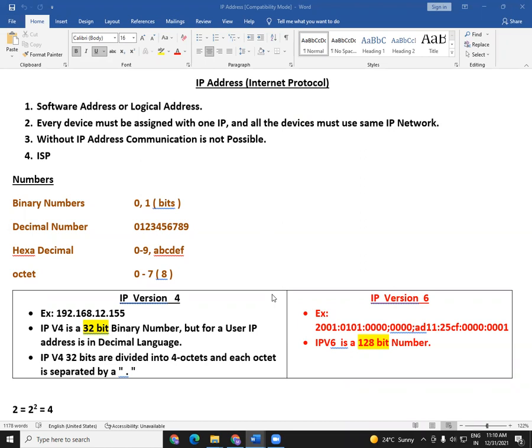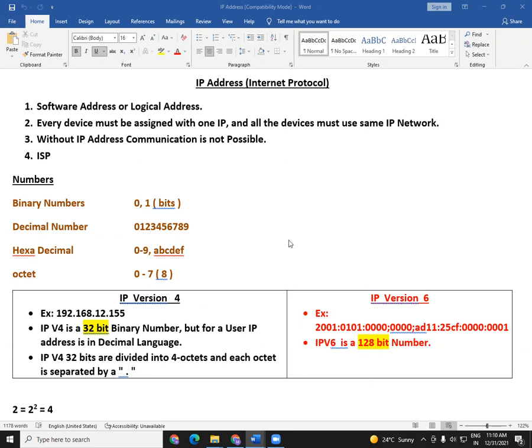And the third thing we have seen here is who will maintain this IP addressing. Remember, we have to go to the ISP, or from the ISP we have to go to the IANA, Internet Assigned Numbers Authority. So we have to go to multiple places to get this IP address. We have discussed all those things yesterday. Then we have seen there are two versions of IP addressing: IP version 4 and IP version 6.